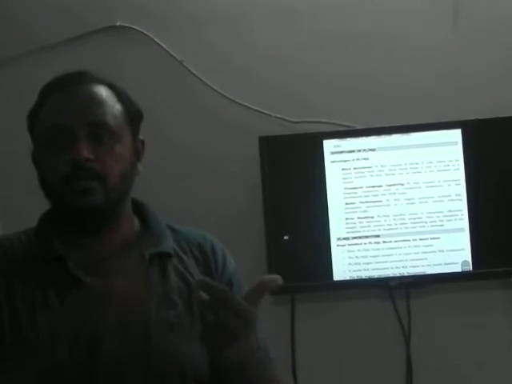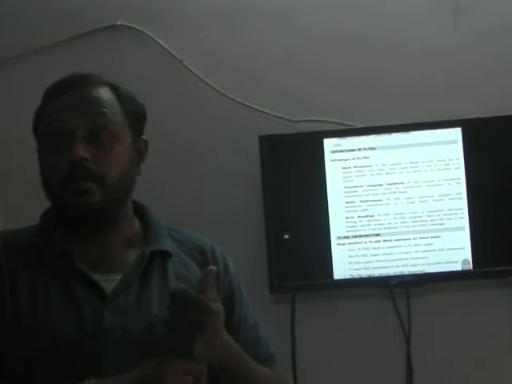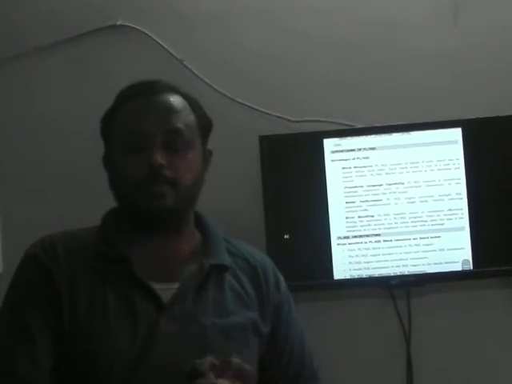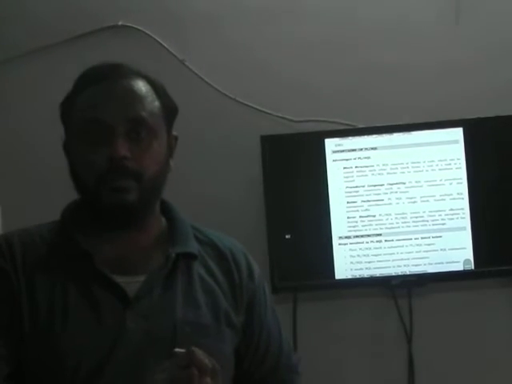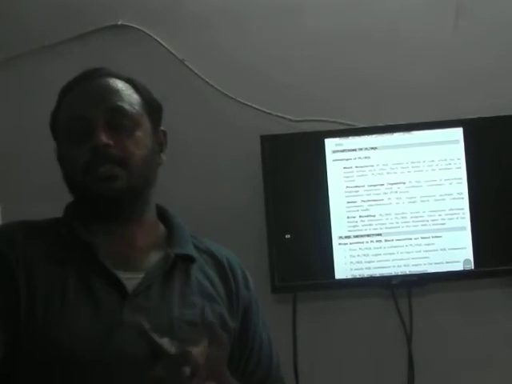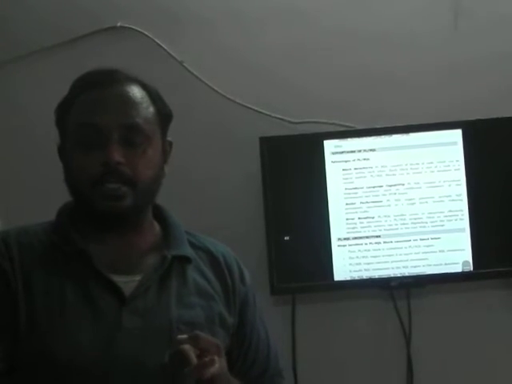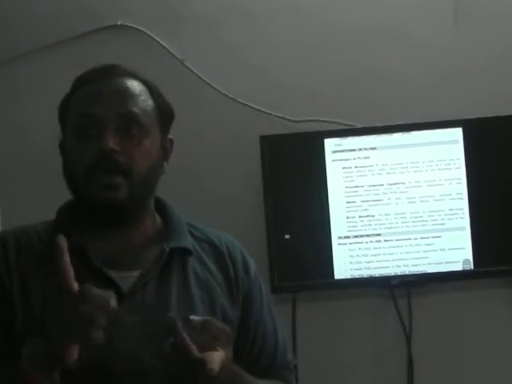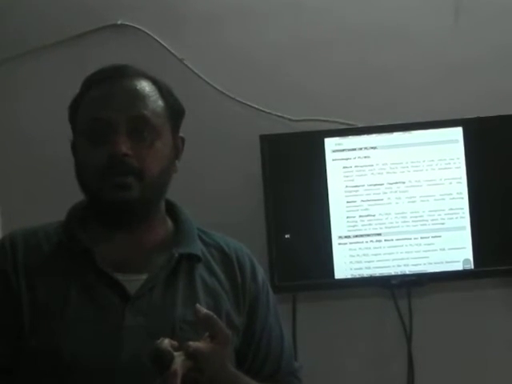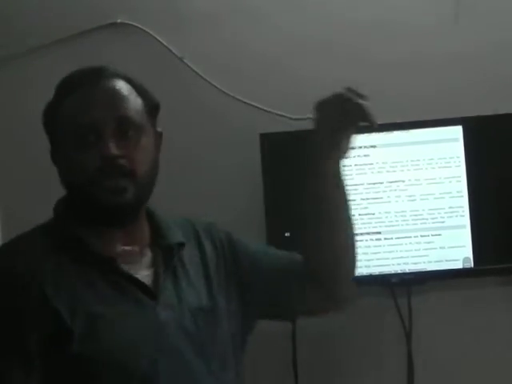What are the control statements? Two types of control statements are available: decision making and branching, decision making and looping. Branching is nothing but what here? If else, else if, nested if else. Whereas the looping is nothing but what here? While, do while, for. All these three are supported in your PL/SQL also.